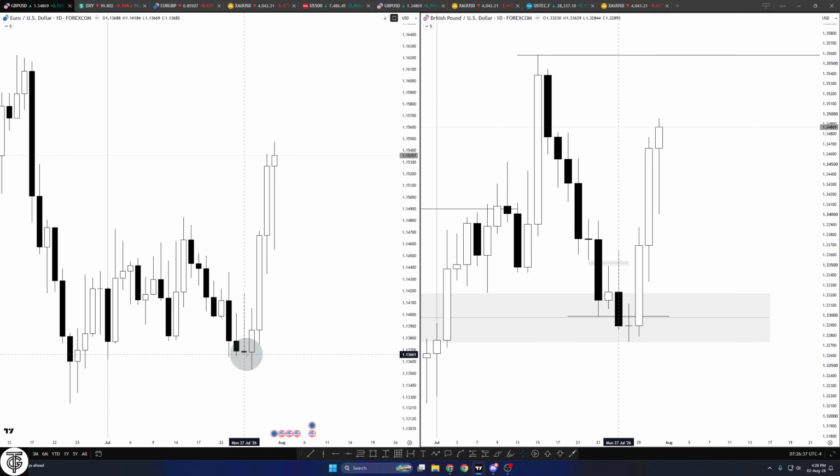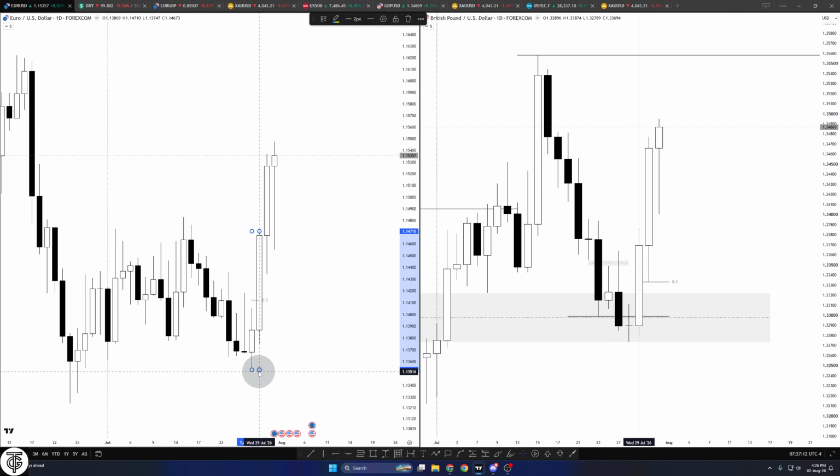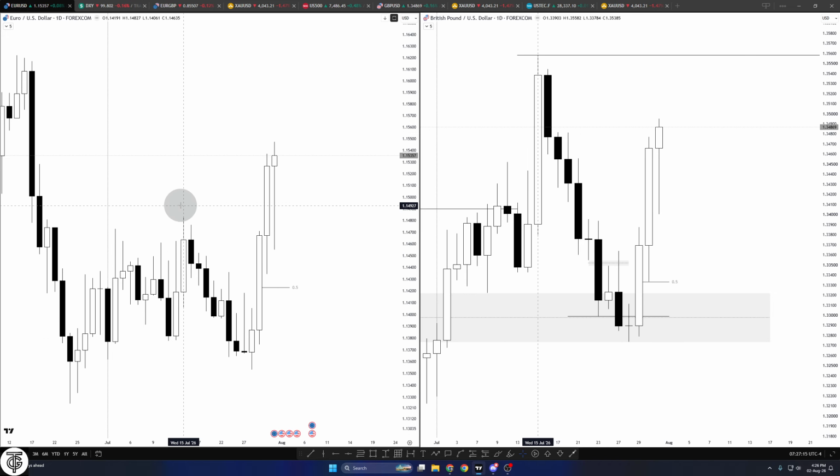Then on euro, we have equal lows, and euro dollar is clearing these equal lows on Tuesday. Pound is clearing equal lows on Monday, and then on Tuesday we have seen a C2 closure. Wednesday had to expand, Thursday had to follow. So this was a classic weekly reversal pattern, classic week expansion, and then on Thursday we will retrace inside this candle's range about 50%. It's better that price does not reach the 50%. If it reaches, it's still okay, but it is good if it stays above the equilibrium. This was the draw on euro, and the draw on pound is currently pending.